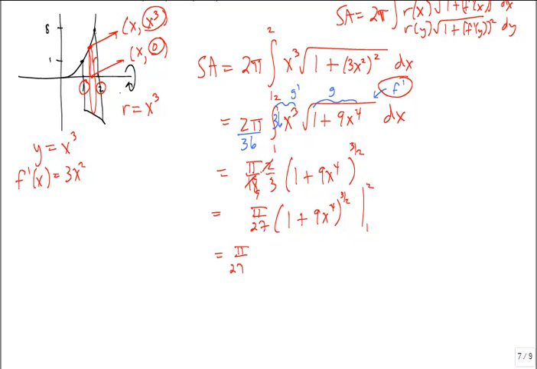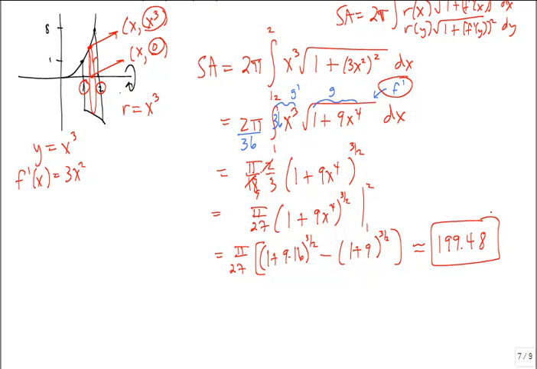So we get pi over 27, plugging in a 2 to the fourth is 16, and then we need to multiply by that 9 and raise all of that to the 3/2, and then we subtract from that. When I plug in 1 to the fourth, it's still 1, and we'll get a 1 plus 9 raised to the 3/2. And this isn't going to come out really nice. These are not going to be nice values that simplify, so I'm just going to tell you the decimal value here. Once you punch it into your calculator, it's about 199.48. Okay? All right, now as an alternative, just to show you that it's possible here,